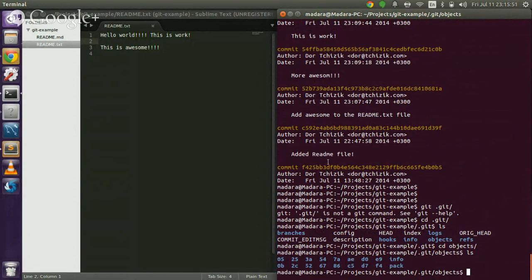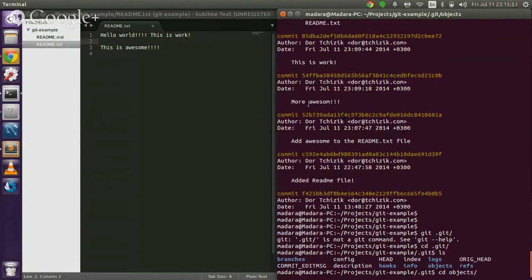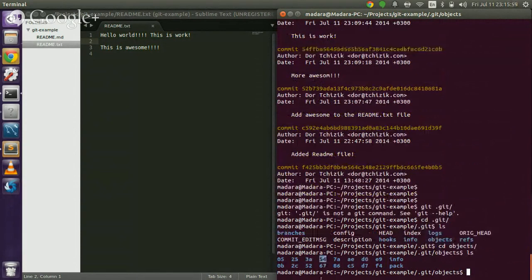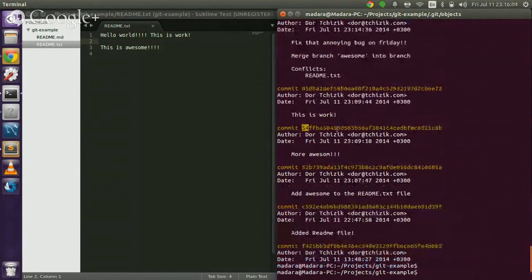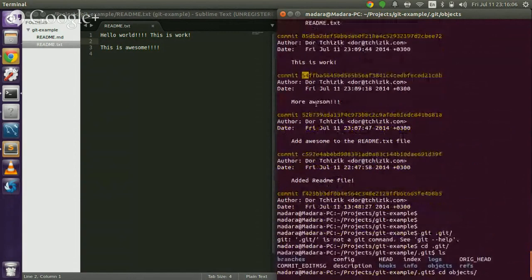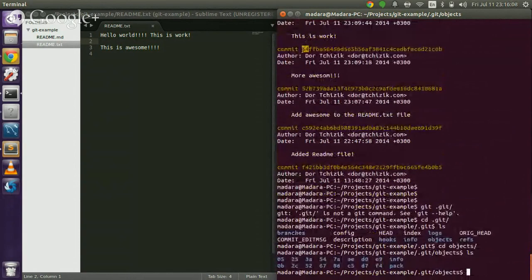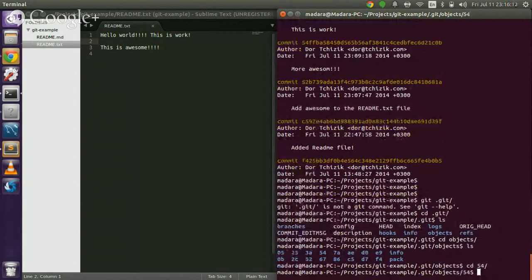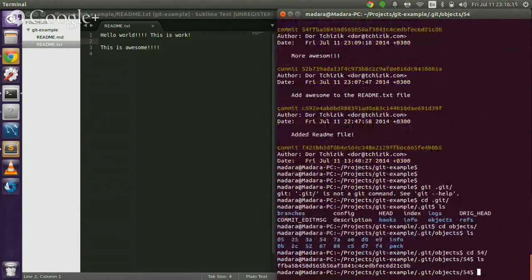So if you see this hash for awesome, then it will be in the directory that starts with 54 because it starts with 54. Let's see this object. We'll cd into 54 and see that there is this one file in here. This file, if I cat it,